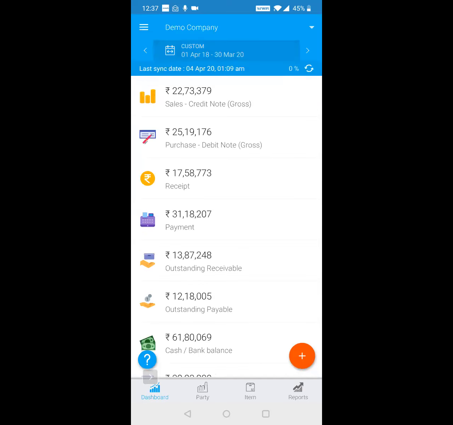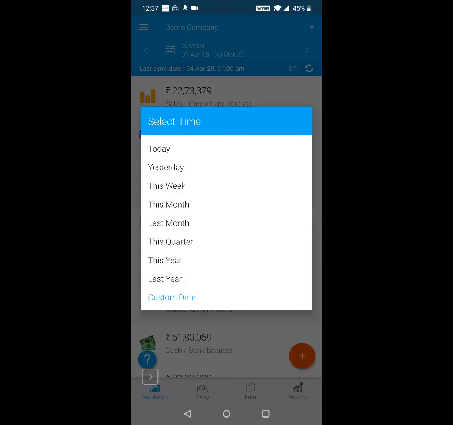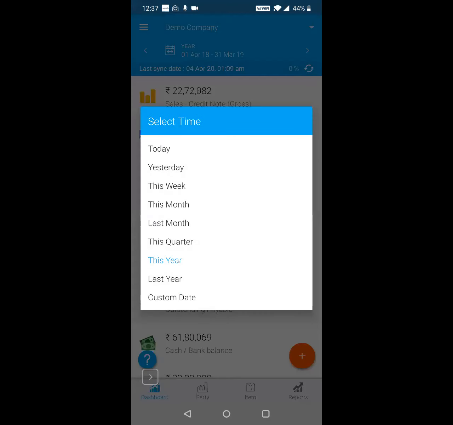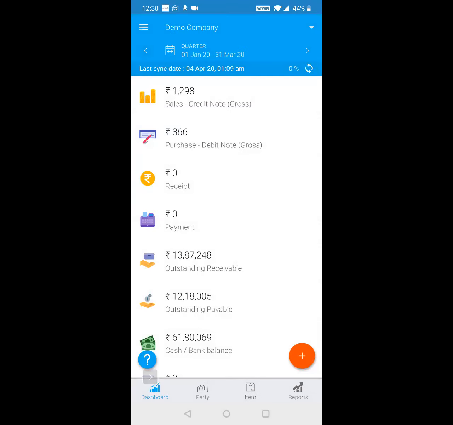Now at the top, you can always change the time period or the date range. So if I want to do this year, and I want to do year on year comparison, all I have to do is just click on this left arrow and I can go to the previous year. Okay. So that's the easiest, the fastest way to do any time period comparison. If I want to do quarter on quarter comparison, all I have to do is say this quarter and click left, like for year on year, or sorry, quarter on quarter comparison.